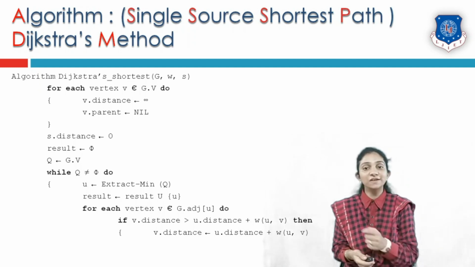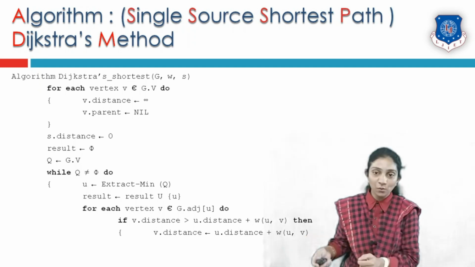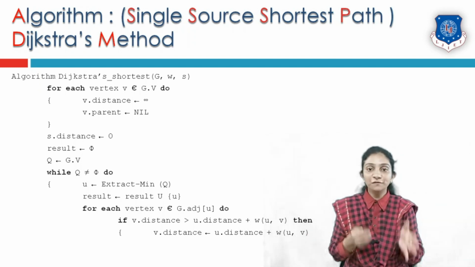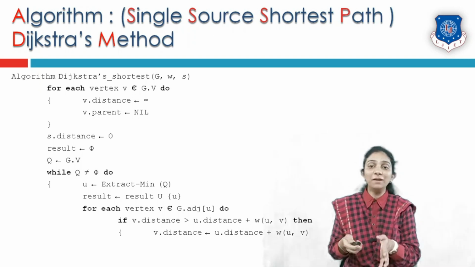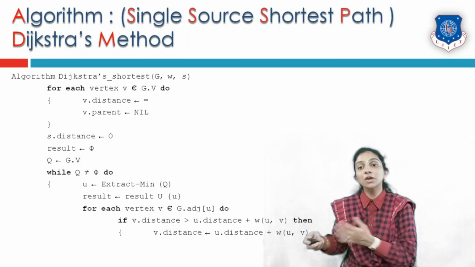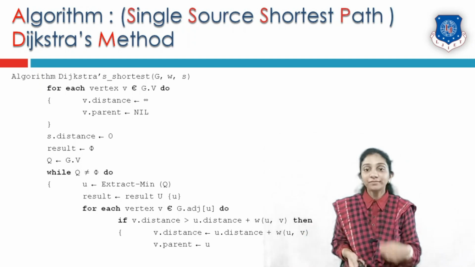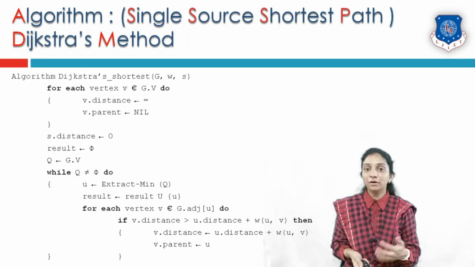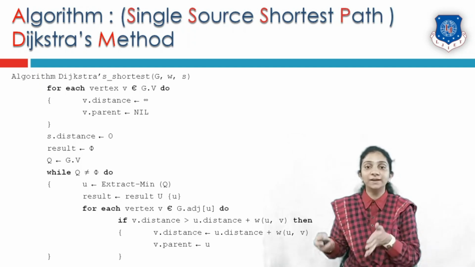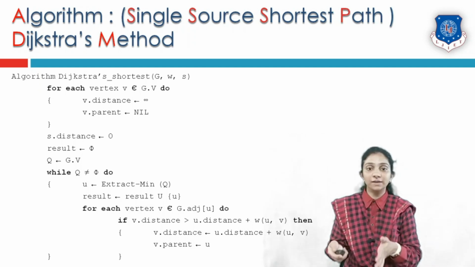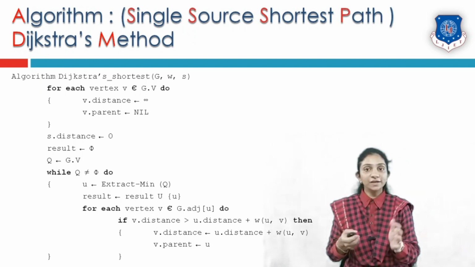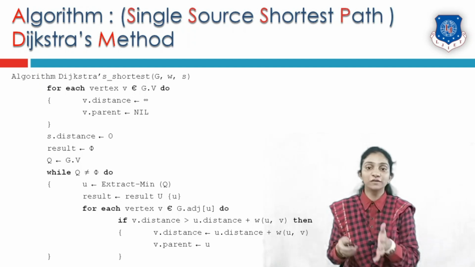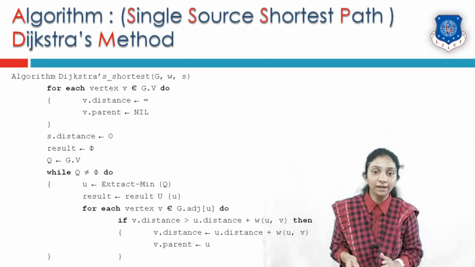The previous distance is greater than U's distance plus new edge distance, then only we are going to change our distance. So V's distance, that is the adjacent distance, will be the previous distance plus new edge u comma V's distance, and parent of V is set to u. So similarly, we will work for each and every vertex which is present inside set Q, and set Q is nothing but set of vertices of a graph. So this way, Dijkstra's algorithm will work and find out the single source shortest path to all other remaining destination vertices.